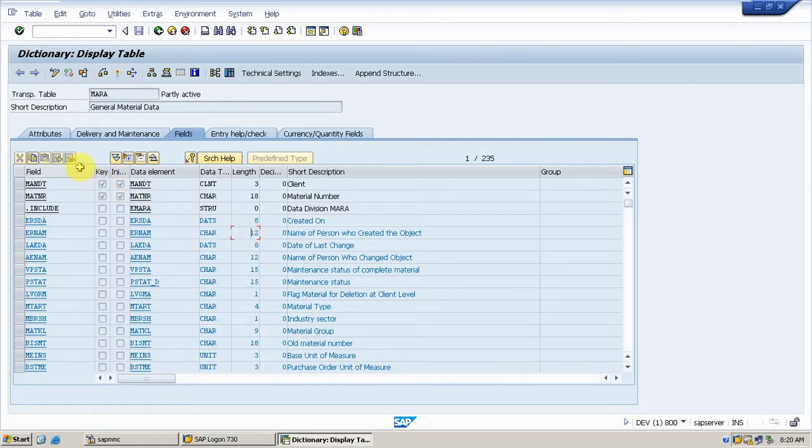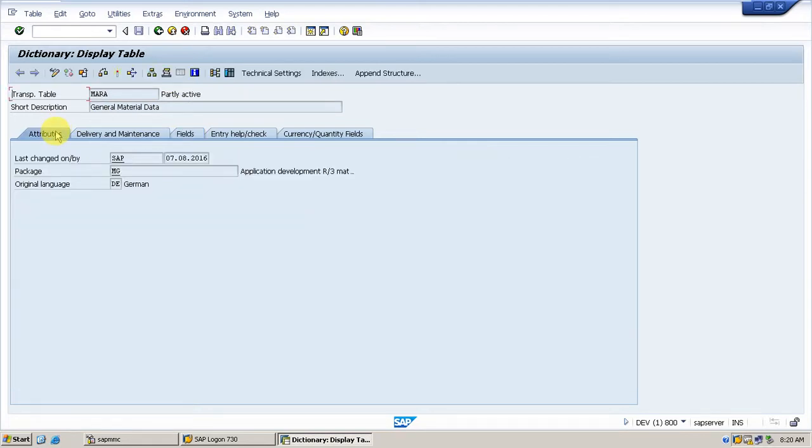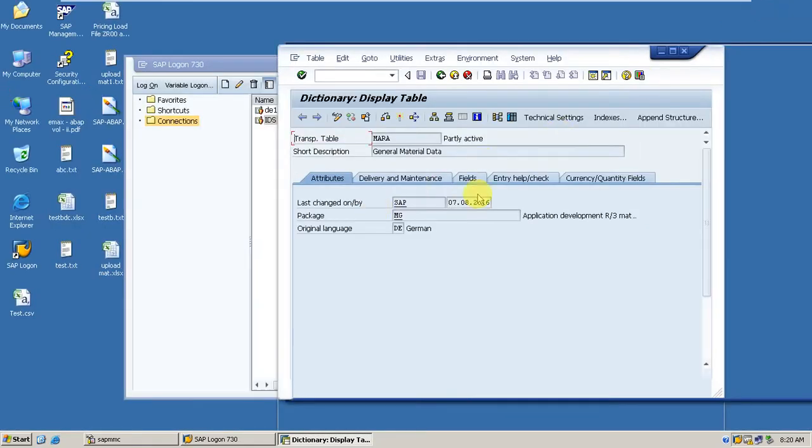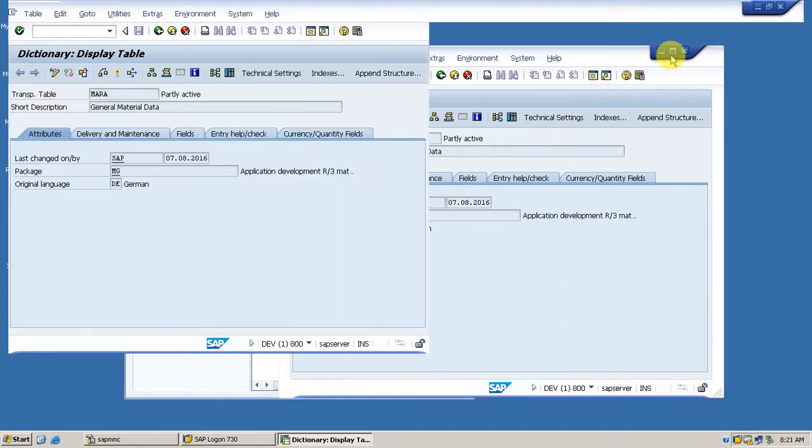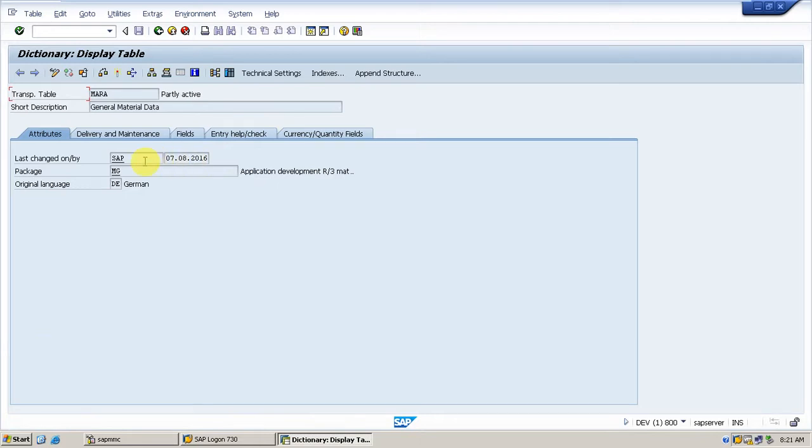First of all, here we have these 5 tabs. The first tab is for the attributes, where we can see who has done the last change on this table, what is the package, and what is the original language.